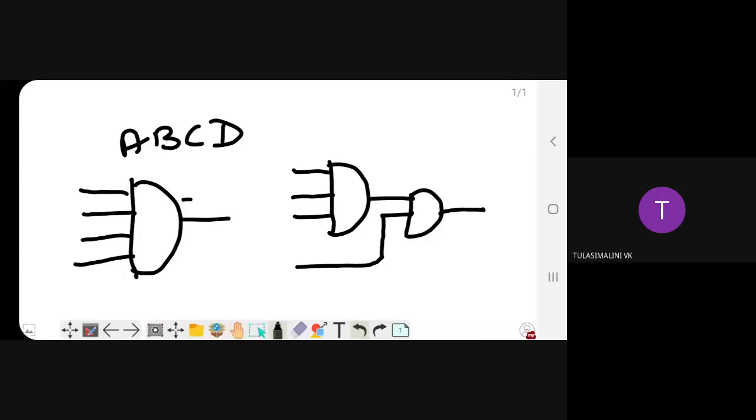Because we are using only 2 input and 3 input ICs in our laboratories, we can't give more than 3 inputs in your AND gate, and in the OR gate, we can't give more than 2 inputs. While drawing in your theory sessions, you can draw as many inputs as you like in either AND or OR gate.